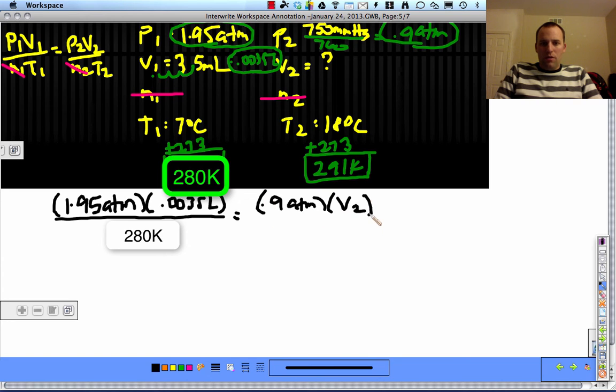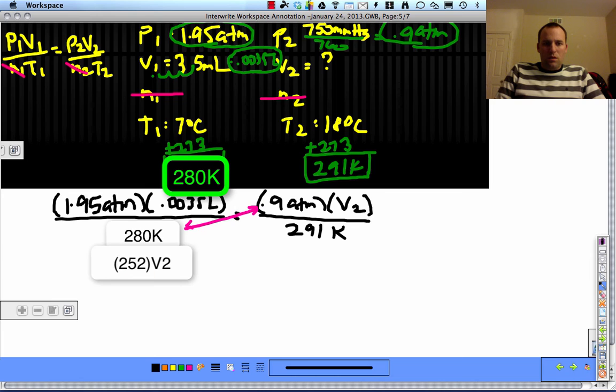We're looking for the new volume, V2, over the new temperature, 291 Kelvin. So when we cross multiply, we're going to multiply these two together. So that's going to give us 252 V2 is equal to, when we cross multiply these two together,